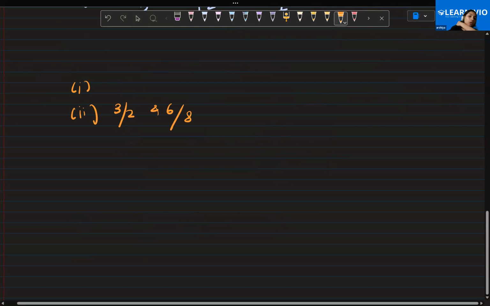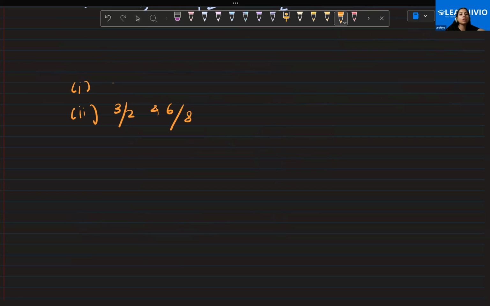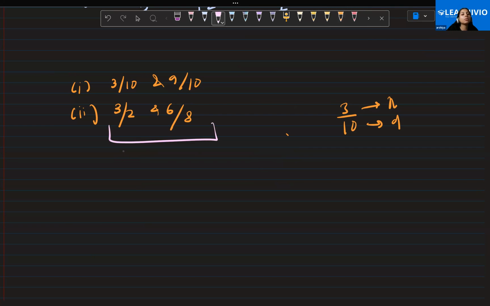So this was 3 by 10 and 9 by 10. This was easy because the denominator was the same. 3 by 10, this is the numerator and this is the denominator. Because the denominator was the same, we could easily change the numerator and write the answer. But let's take this question where 3 by